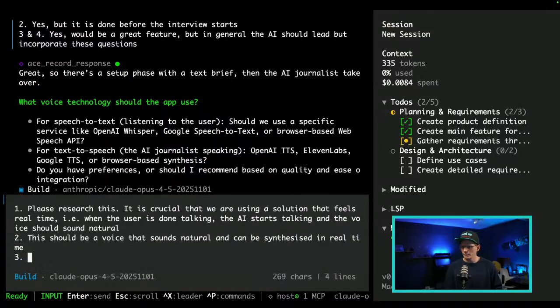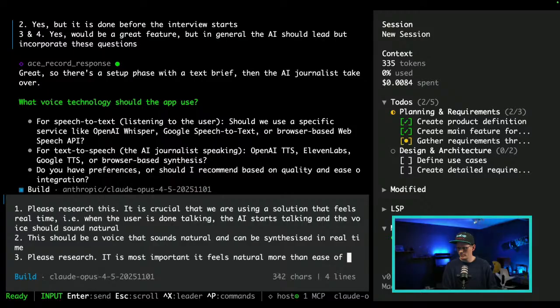3, do you have any preferences? Yeah, please research. It is most important it feels natural and not more than ease of use.